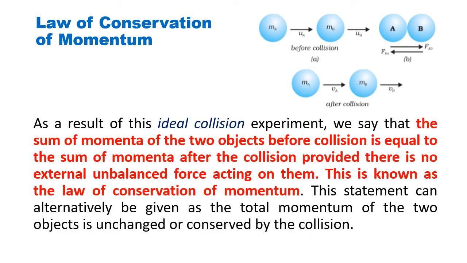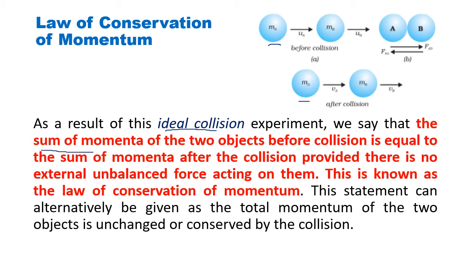So, what did we see here? There was a collision. It's called an ideal collision. Why an ideal collision? Ideal collision means the mass is not changing. Now suppose there is an accident between two cars or a car and a truck, a collision, then the car gets damaged, it gets crushed, the fragments fly, it gets broken. That is not an ideal collision. In an ideal collision there is no change in the mass and the shape of the body. So here let us consider it an ideal collision experiment.